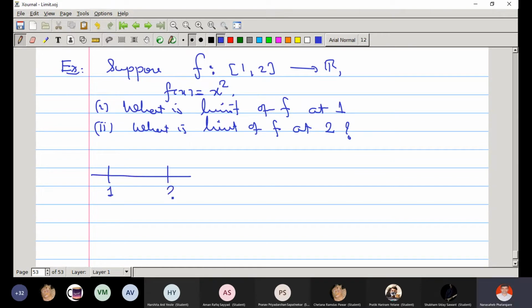So when my domain is 1 to 2, that means the left side of 1 is not in our domain and the right side of 2 is not in the domain. Whatever is between 1 and 2, this is the universe for this function. So in this case,